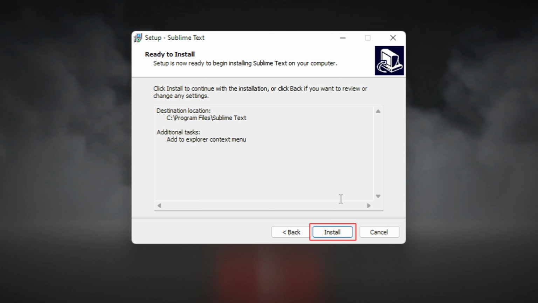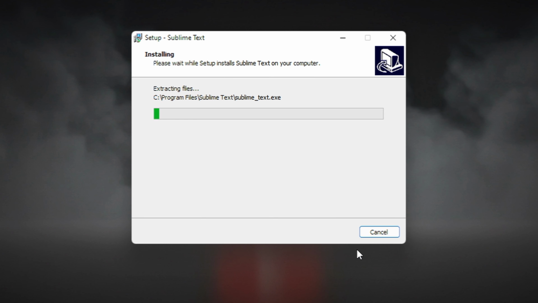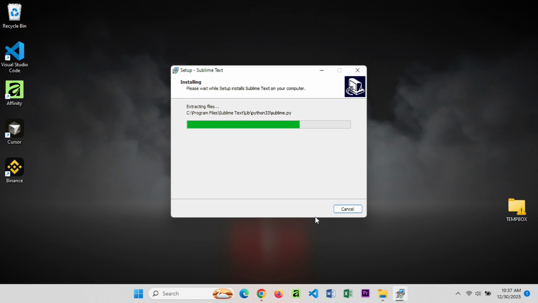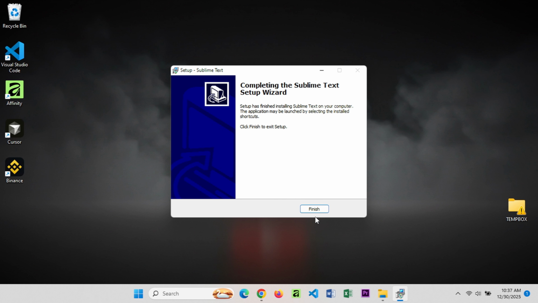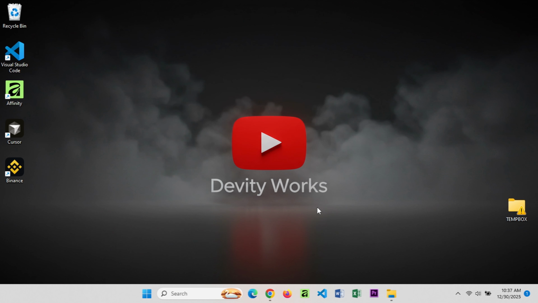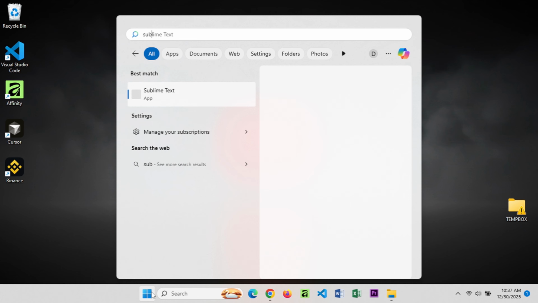Now click the Install button to begin the installation process. The progress bar will show you the installation status. This typically takes less than a minute. Once the progress bar reaches 100%, you'll see a confirmation message. Then click Finish. To launch Sublime Text, click on the Start menu and search for Sublime Text, then click on